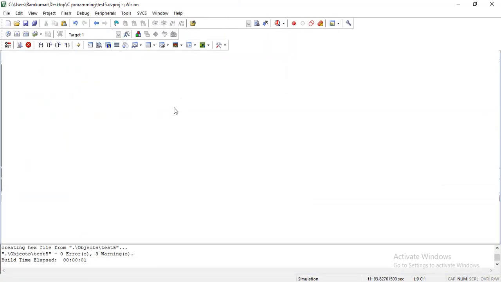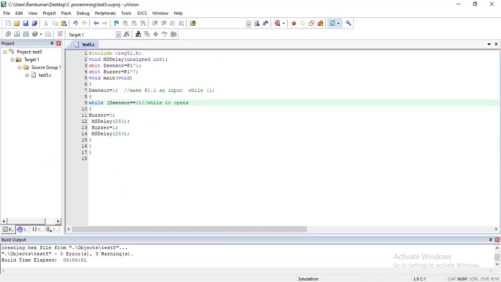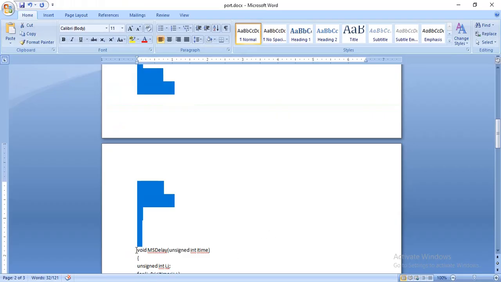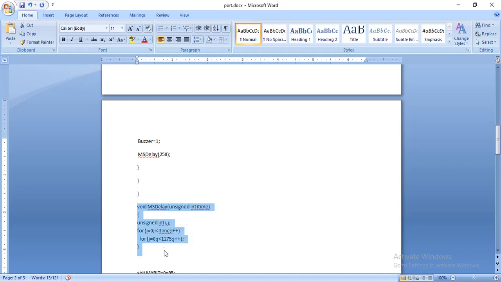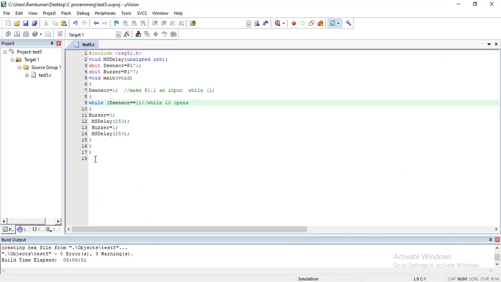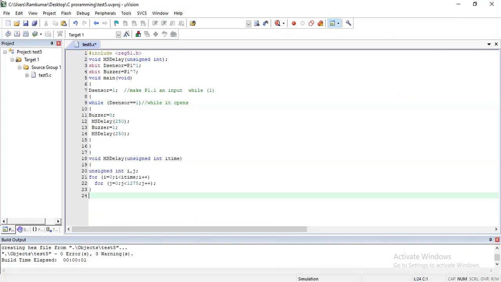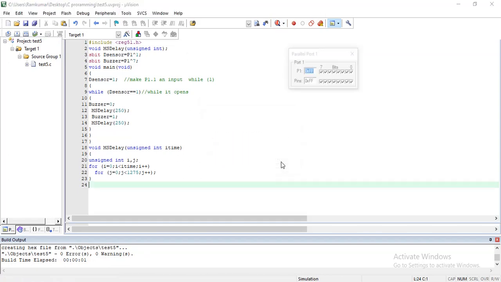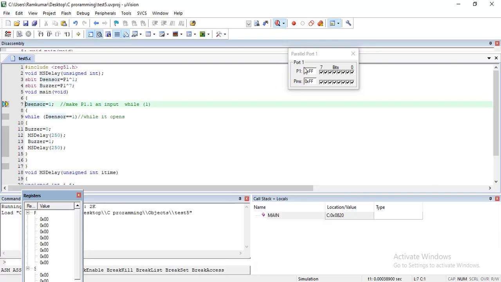I hope I not copied the delay function. That's why, the delay function I missed over here, that's why it is not executing properly. Now, yeah, now 0 errors, 0 warnings, and text file created. Now I go for evaluation mode. p1.1, I connected the sensor is 1,